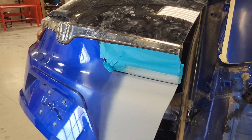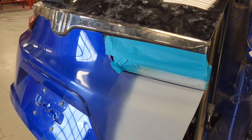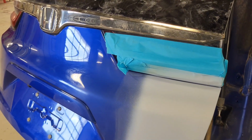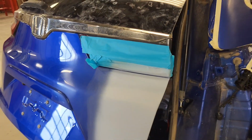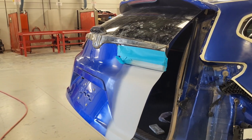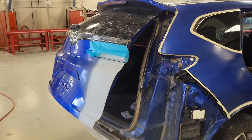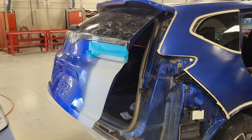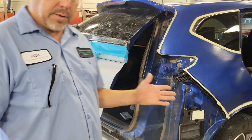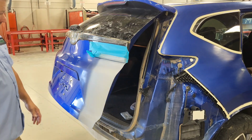And let's see, where'd he go? Oh, there it is. Bam. Right there. Right there you can see that little bitty dent. So, get to fix another dent because that's just how it works. If this was an insurance job, we'd go talk to the boss and say, hey man, I found some more damage, but this is not an insurance job. This is a really good customer of mine, so we're just gonna fix that now because